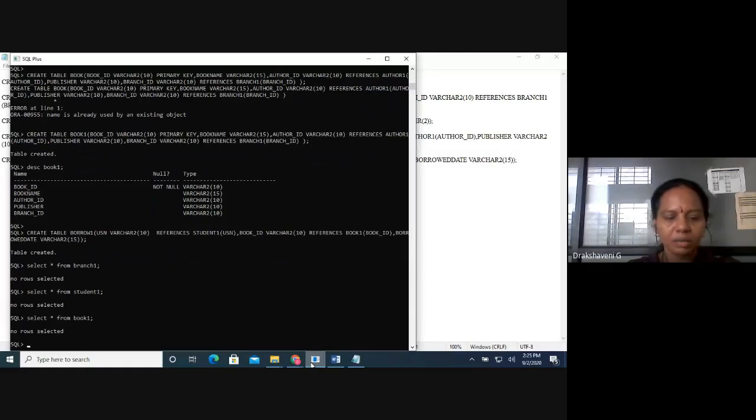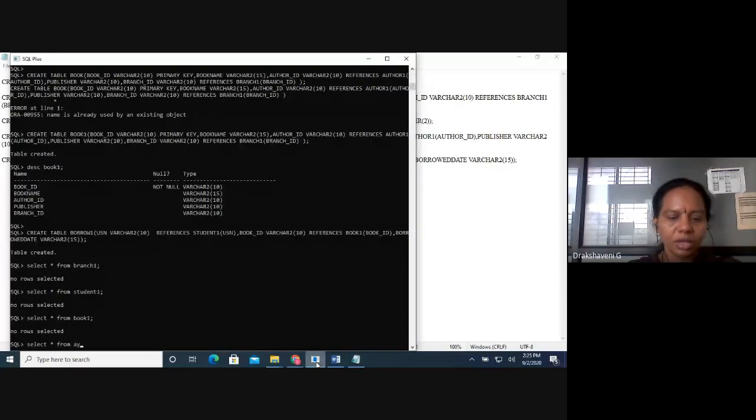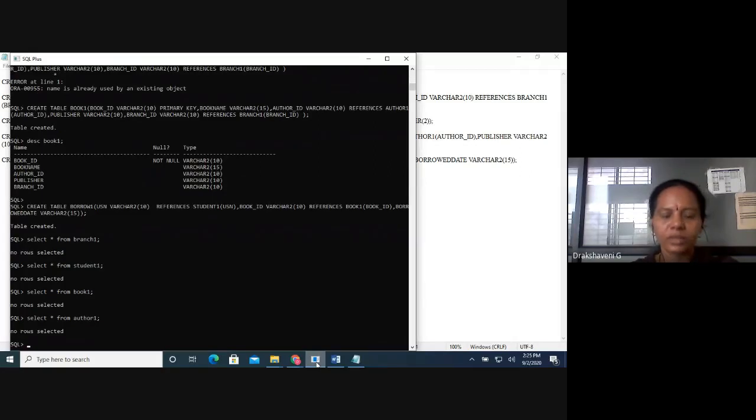Which are the other tables? Author is one more table, select star from author1, there is no data. Then one more is select star from borrower1, there is no data.